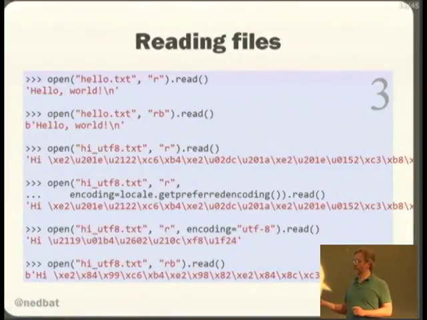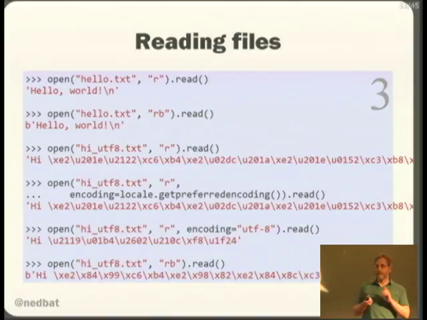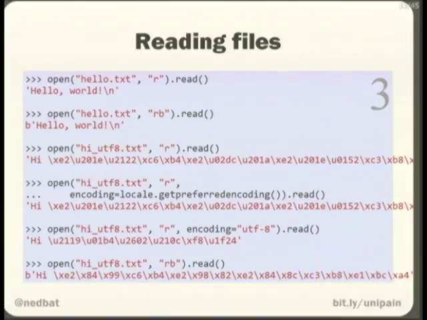One more twist on Python 3 is that the data you get from files depends on how you opened it. In Python 2, there's a binary mode and a text mode for opening files, but except on Windows, it doesn't do anything different. On Windows, it fiddles with the line endings to change carriage return line feed into just line feeds. On Python 3, what data you get back from a read operation depends on how you open the file. So if you open it with the default of a text mode, you will get back a Unicode string. If you open it in binary mode, you will get back a byte string.